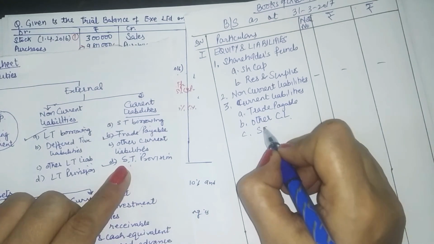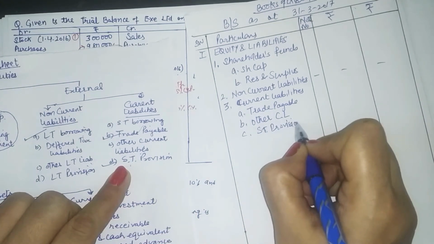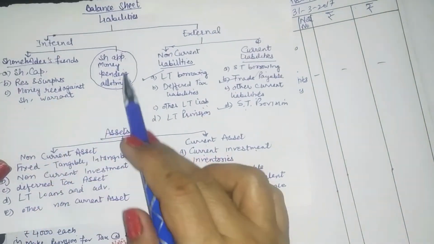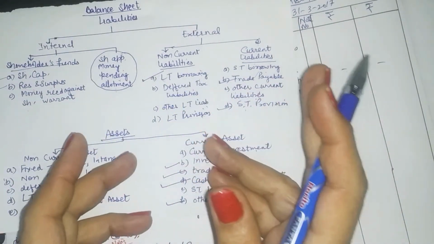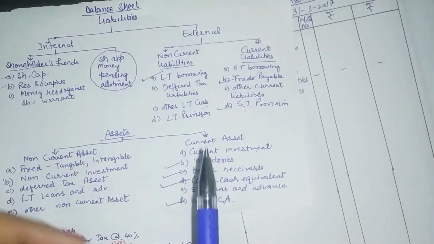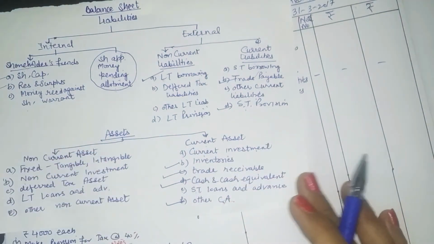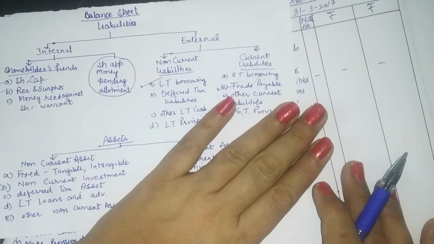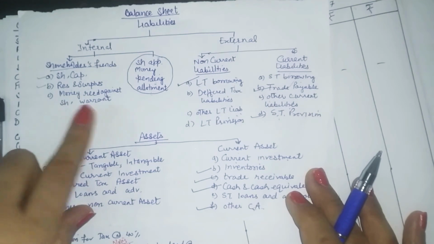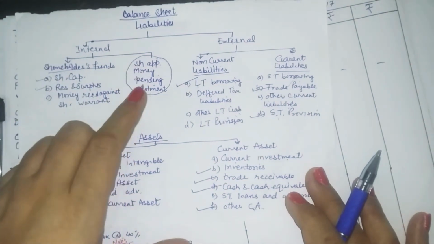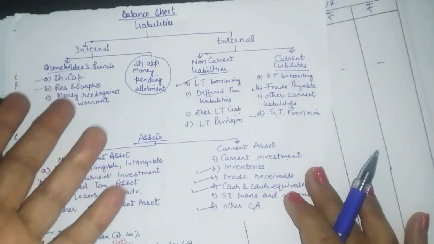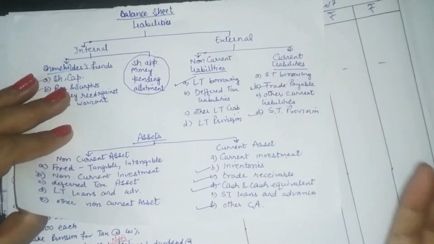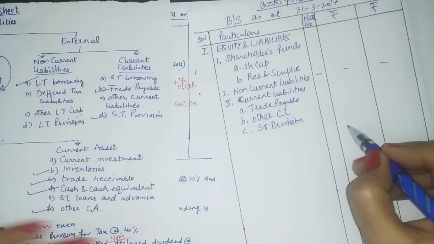Short-term provision will always be there because we will be providing for tax. So in all these categories, some amounts are always there. We don't need to look for them. But there are certain categories which are rarely seen in a full-fledged question, so we need to check those and only then will they be recorded in the balance sheet. Like money received against share warrant, it is rarely seen. Application money pending allotment is not always there in a question, right? Then long-term provision and deferred tax are usually not there. Now coming to the asset side, so we'll make the total here.